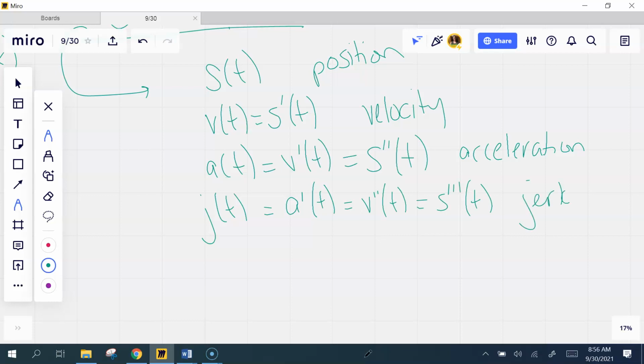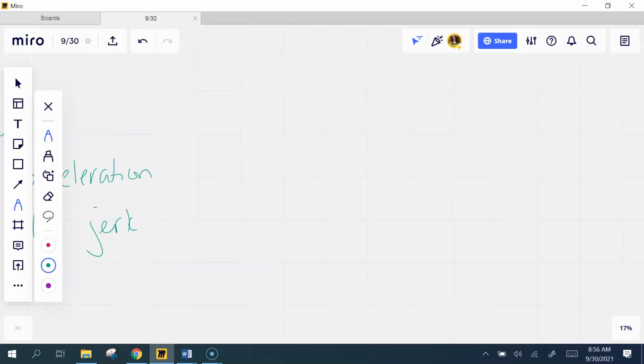All right. So this is going to be some more practice with our particle motion. Let's start with 34. 34 says,